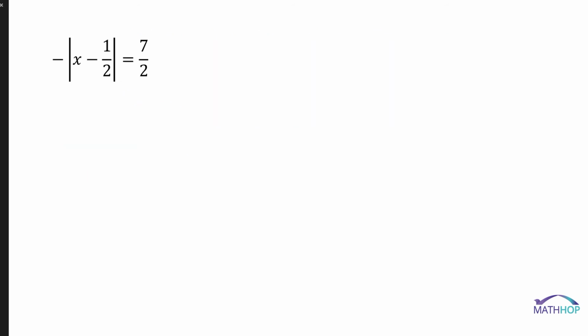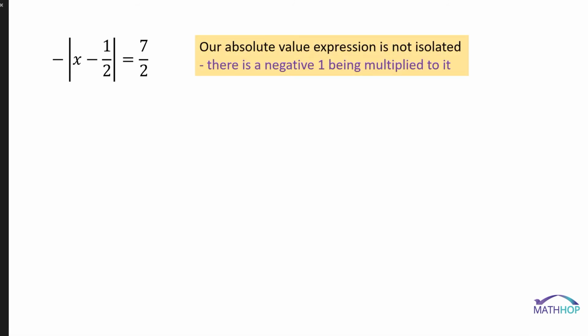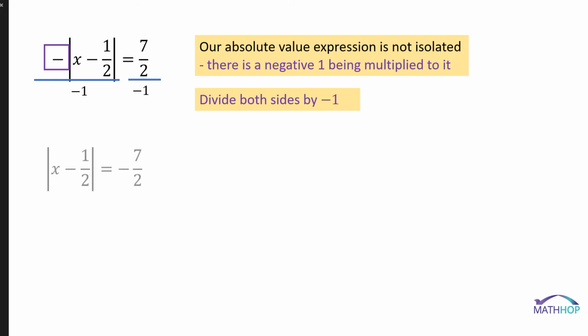All right, one more. This time we do not have our absolute value bar isolated, even if it looks like we do. This negative right outside these bars, remember that represents a negative 1 being multiplied to this entire expression. So we have to get rid of that. How do we get rid of that? We have to divide both sides by negative 1. When you divide by negative 1, you're just changing the signs. But we're going to show the division. That gives us the positive